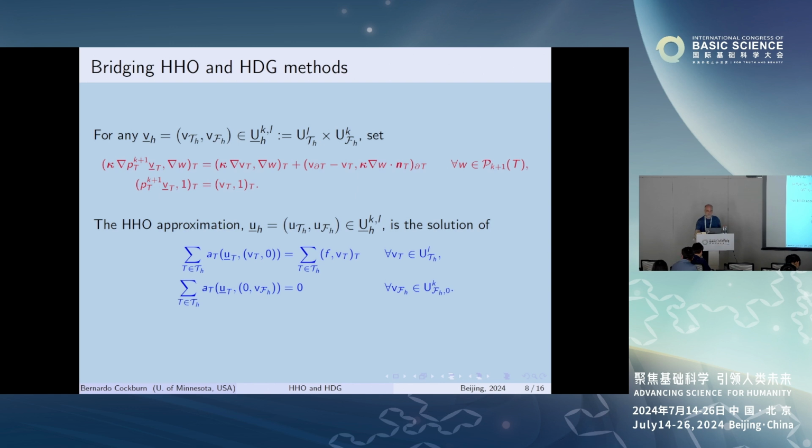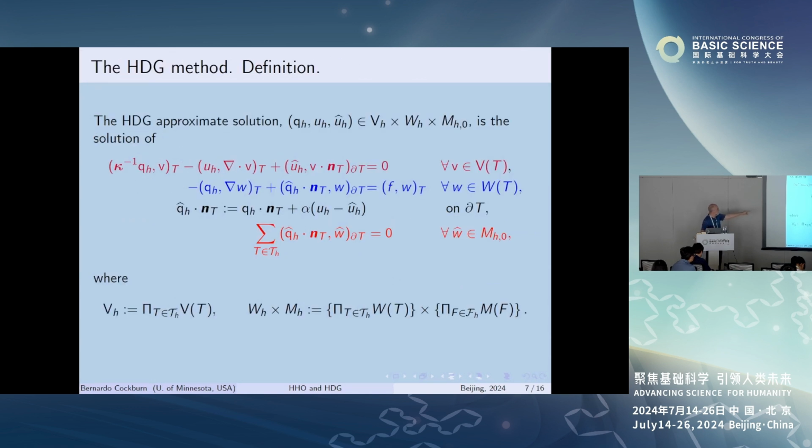And so this equation has to be equivalent or has to be related to the red equation. In the red, you see the only part that we have this W hat is the red equation. And in the HHO, that's exactly what happens in this equation. So my claim is that I